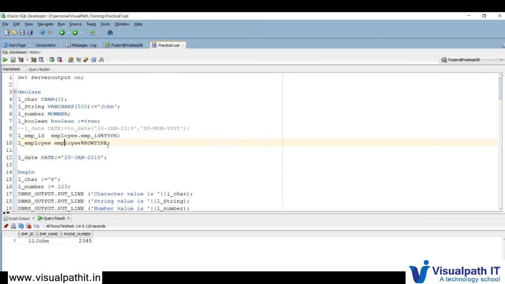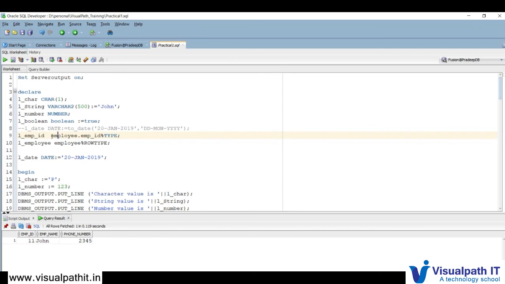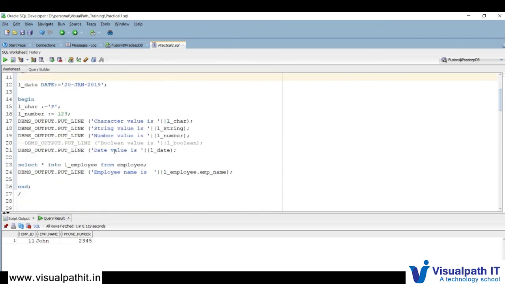So how to access the data from L_EMP_ID and L_employee? From L_EMP_ID it's very simple: I just use the variable name dot emp id. There is no complexity there. The complexity is where I have anchored the variable L_employee to the entire employee table row. So how to access that value?